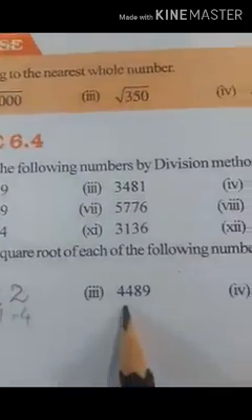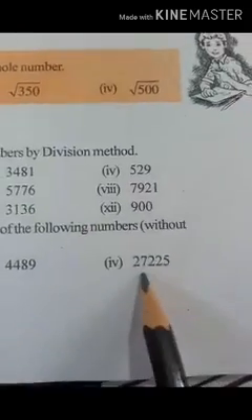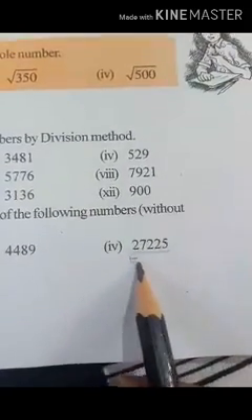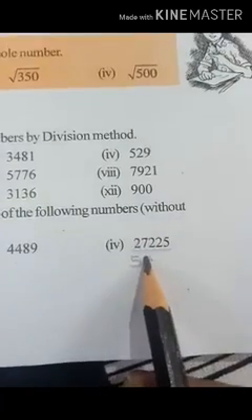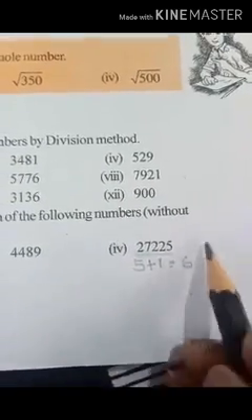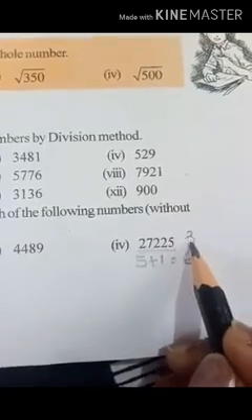Okay, this is easy. Now here you see again, how many digits are there? 5 digits. When 5 digits, that is an odd number, is there, we will add 1. So it becomes 6. And half of 6 is 3. So its square root will have 3 digits.